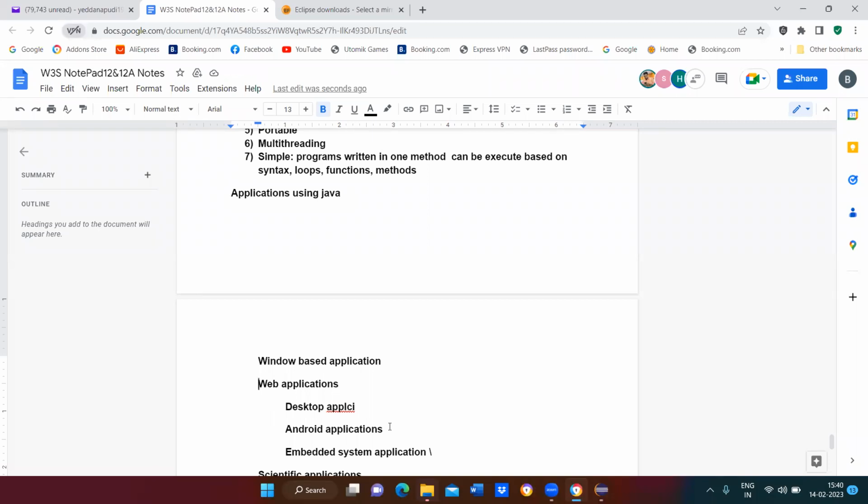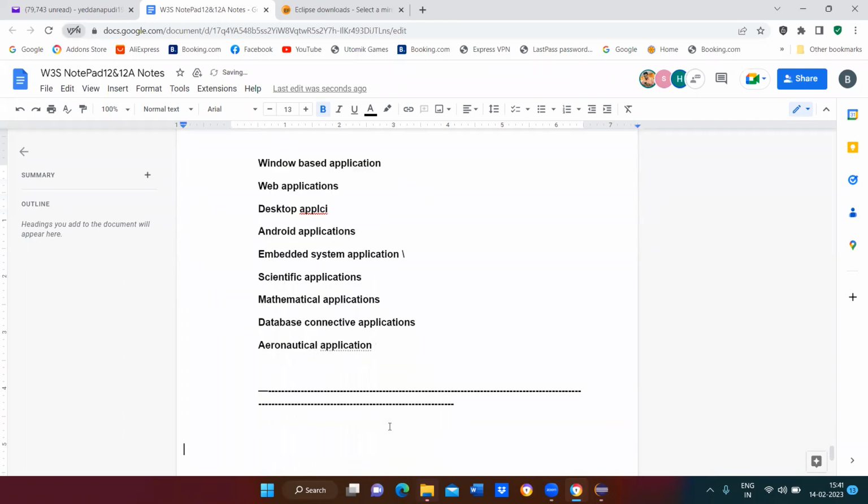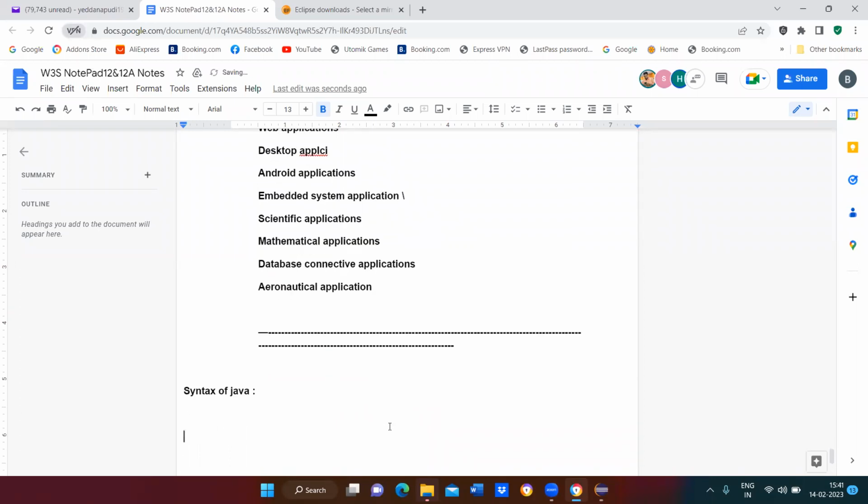Now, what is the syntax of Java? Whenever you want to write a program, the Java program should always start with a keyword called class, followed by a class name.